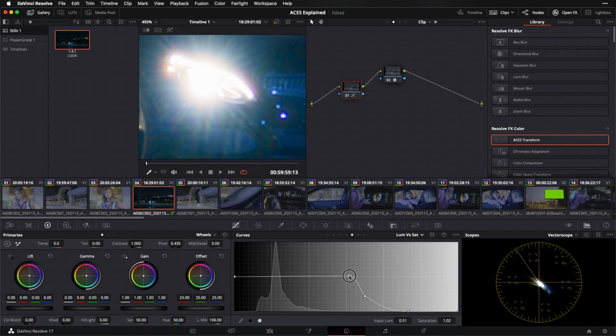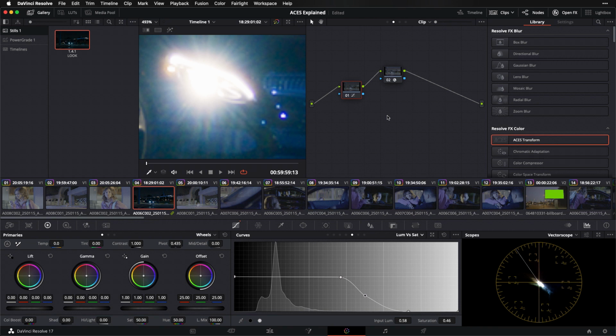And again, we're doing this upstream before that initial input transform, which isn't normally the way we would want to do things, but in this case, it's by far the best way to do things. If we try to deal with this issue after input transforming, it's going to be much trickier, and we're going to have to use much more aggressive tools to get the job done.